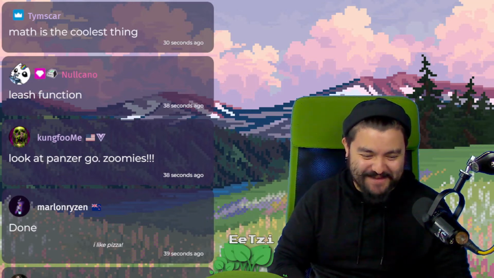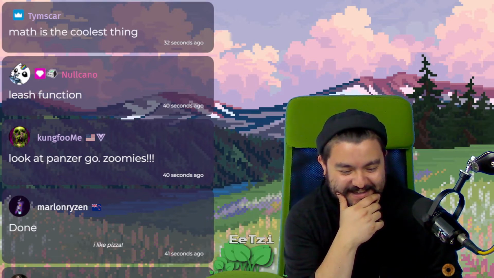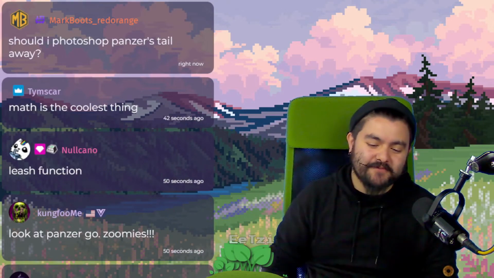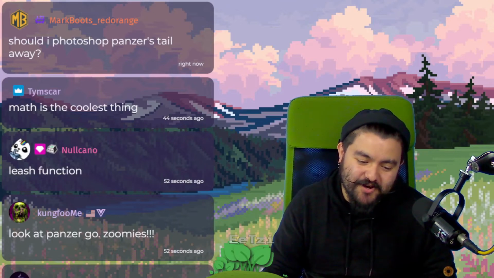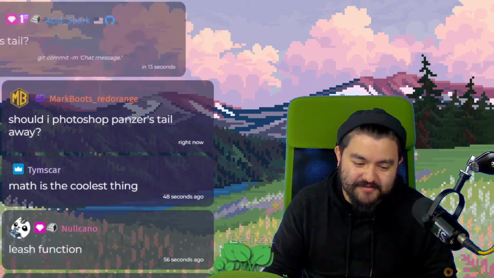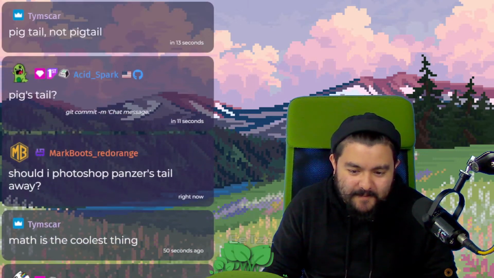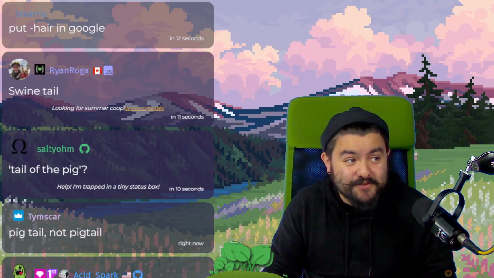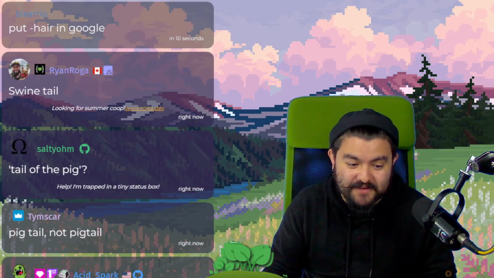How do I differentiate between animal pigtails and human pigtails? No, I don't want to use Panzer's tail. I want a cartoon pigtail, a literal pig's tail. I searched with 2 words, pigtail, and that was giving me human pigtail.